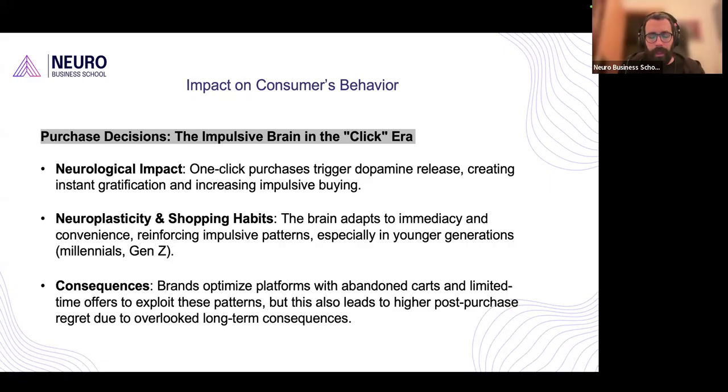Okay, and also to make the experience super focused on completing all the purchases, especially those purchases that could be abandoned or lost somehow. For example, with abandoned carts and limited time offers, to exploit this kind of pattern. For example, if you find a message that says that one product is about to finish,